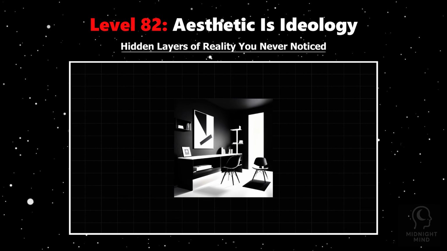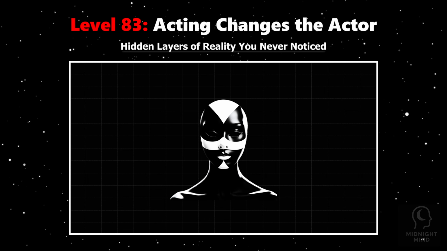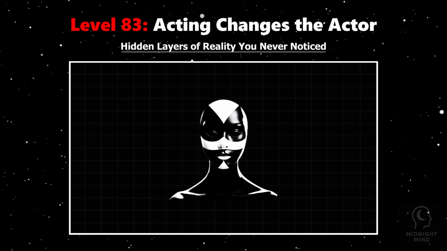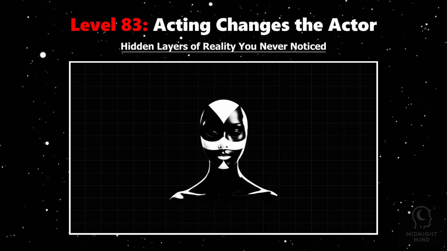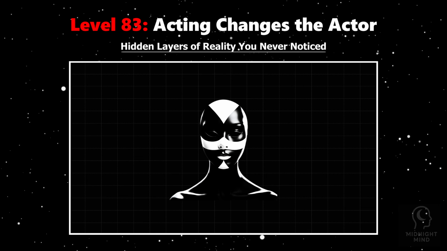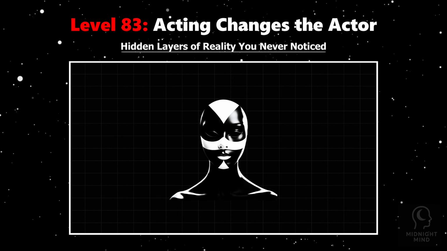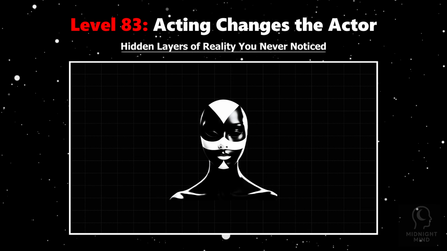Imagine slipping on a smile when your heart feels heavy, forcing laughter when your soul aches. It's a common act, pretending to be happy, and science shows it can actually make you feel better. This is called the facial feedback hypothesis, where the simple movement of your facial muscles sends signals to your brain that influence your emotions. By acting happy, your brain can release dopamine and serotonin, chemicals linked to joy and well-being.